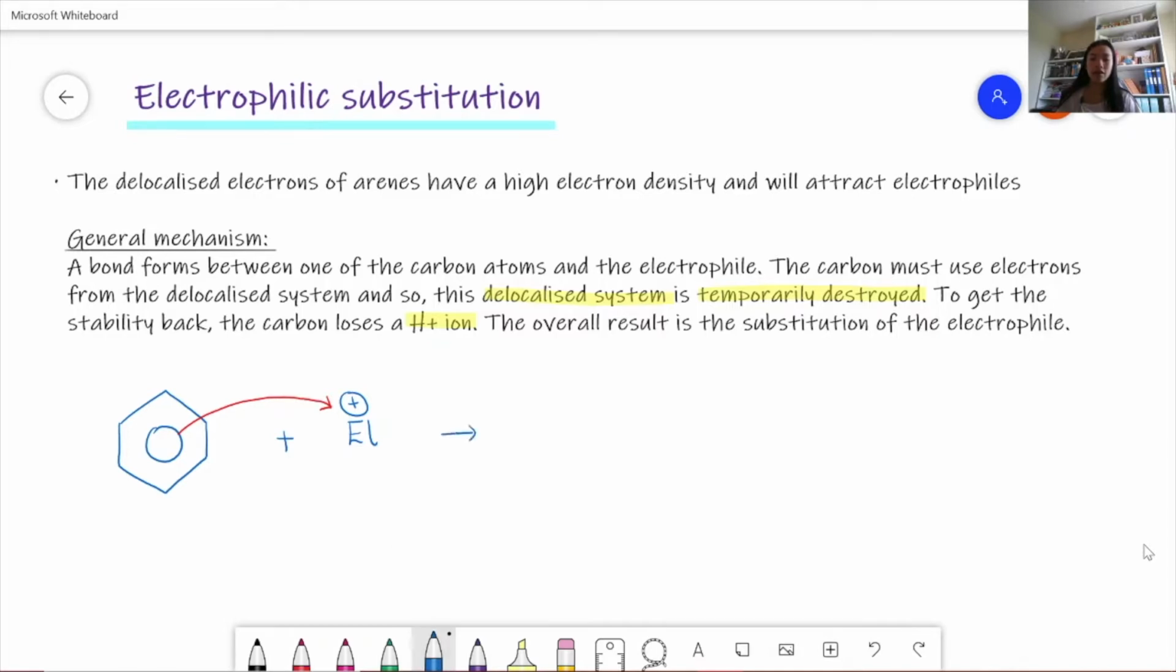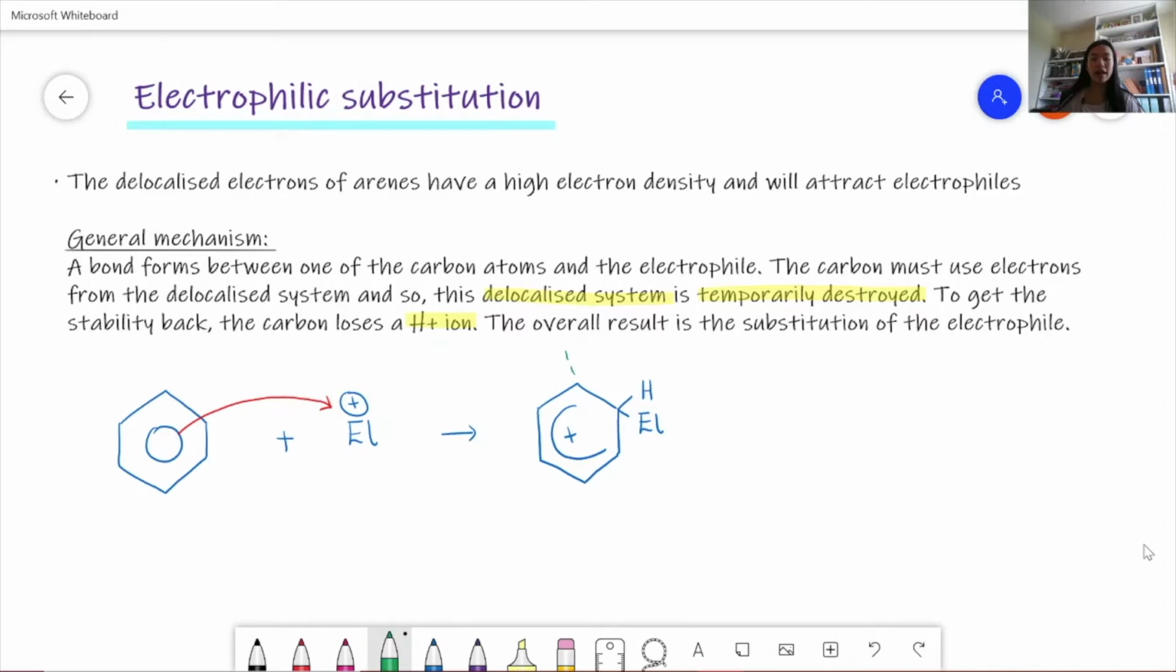So what we get is, again, we draw the hexagon, but this time we're going to have a temporarily destroyed benzene. So the delocalized system is temporarily destroyed. And so on this carbon, we're going to have a hydrogen, and I'm going to attach the electrophile also onto this carbon. And one thing to note is with the first diagram of benzene that I've drawn, obviously we assume that each carbon has one hydrogen attached. So now we're just honing in on one of these carbons that I've attached the electrophile to. And one rule that we need to know is that